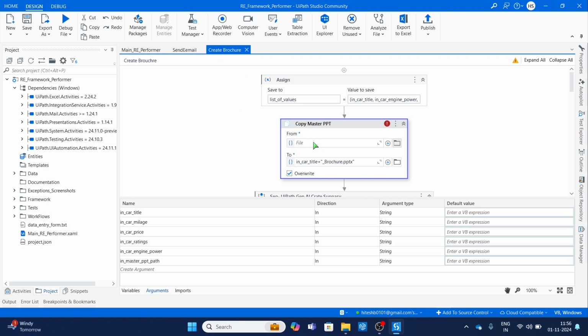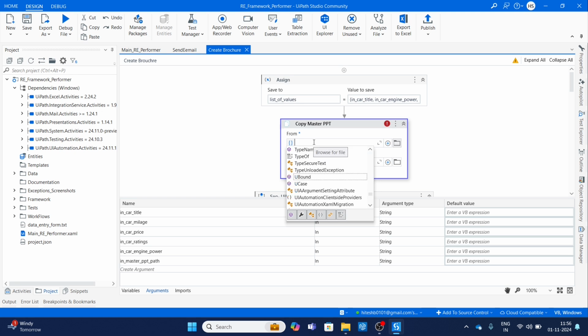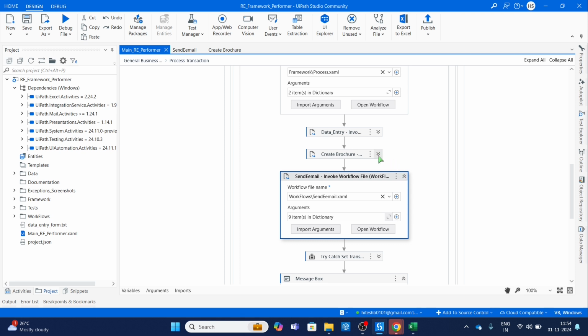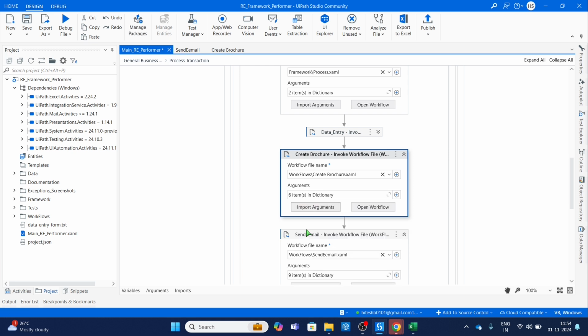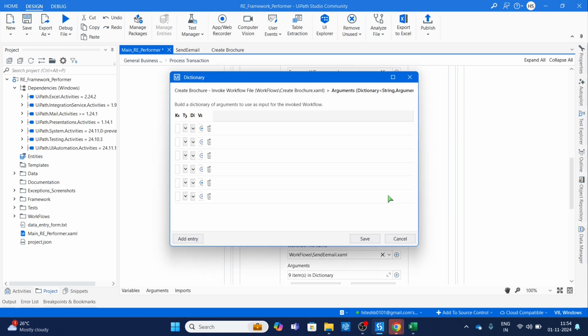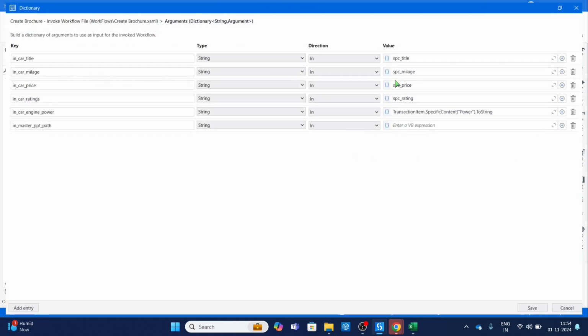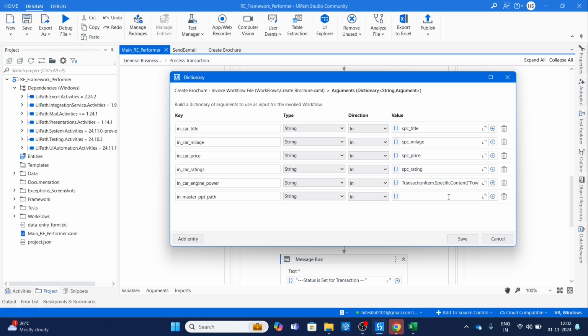Okay. So this is not in master path. Input arguments, it will become 6. You can see just now it was 5 seconds back, it has become 6. Master ppt path, you can read directly. So again config